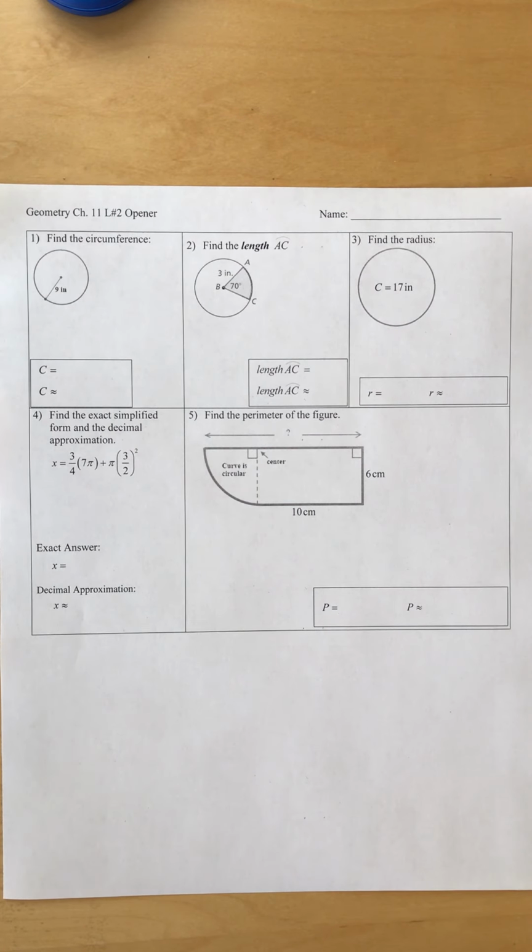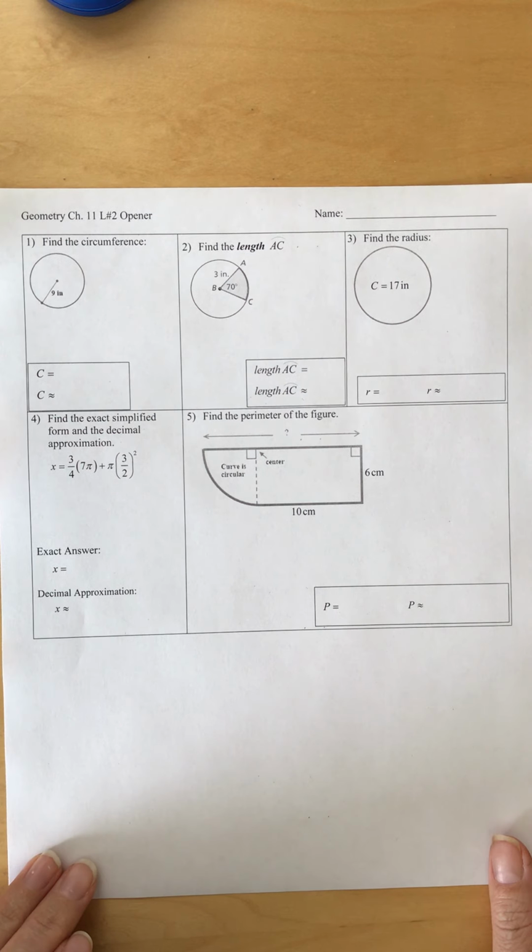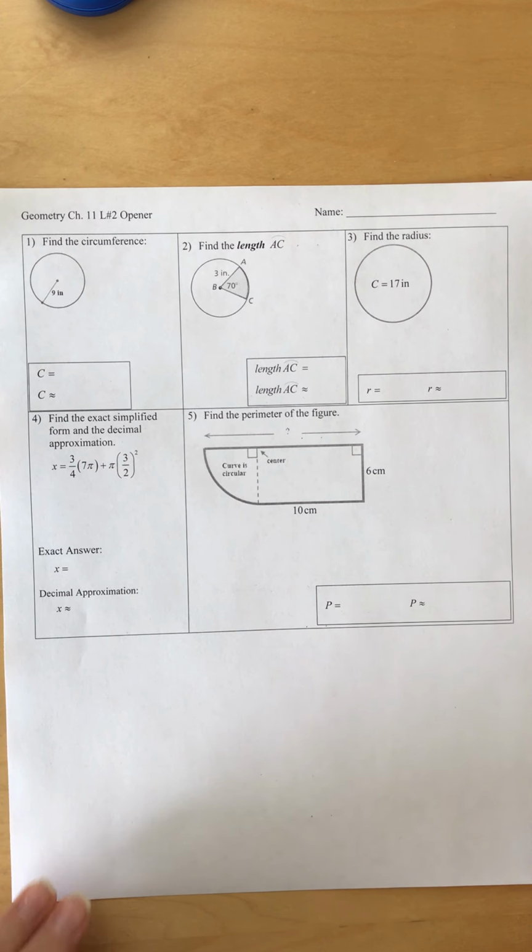This is a video of the solutions to the opener for Geometry Chapter 11, Lesson number 2. The objective of this opener is to just practice the content that you should have learned and mastered in lesson number 1, which was on circumference and arc length. We're just going to run through these types of problems one more time, and hopefully you'll get confirmation